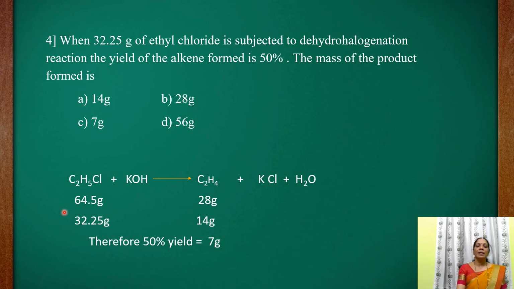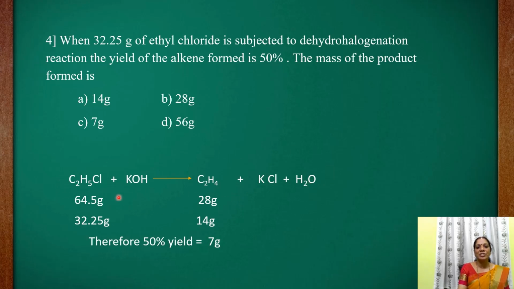Listen here students, I have written the equation here. Ethyl chloride reacts with the alcoholic KOH. Condition should be what? Alcoholic. You know about that already, isn't it? Now the product formed, alpha carbon eliminates Cl minus, beta carbon eliminates H plus. That means Cl minus combines with the K plus to give KCl. H plus combines with the OH minus to give what? H2O.